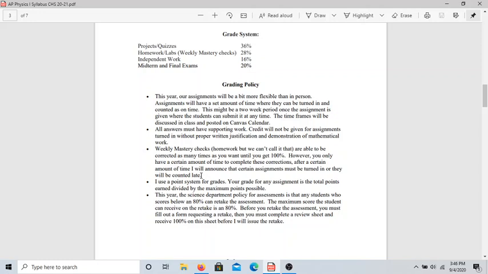All right, I do reserve the right to change that depending on what we need to cover, but I'm going to try my best not to overwhelm you with homework. I'm not the only class you're taking, so I want to make sure I do not monopolize all your time. Homework, and this is the important thing for this class, you have the chance to correct as many times as you want. Whenever I give you a homework assignment, you need to turn it in on time. And once you've turned it in, I've graded it and given it back to you, you can correct it as many times as you want until you get the grade that you want.